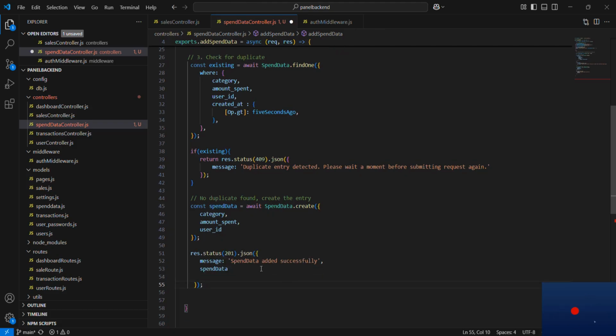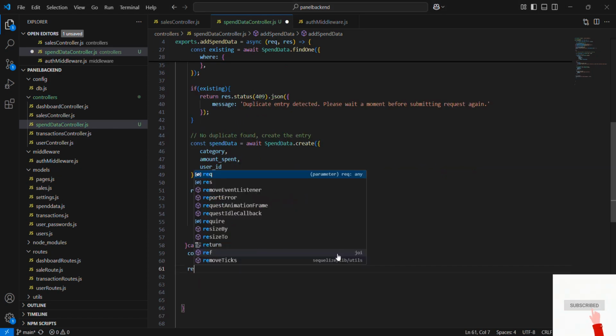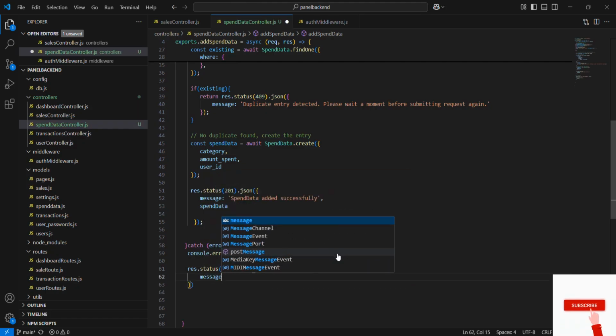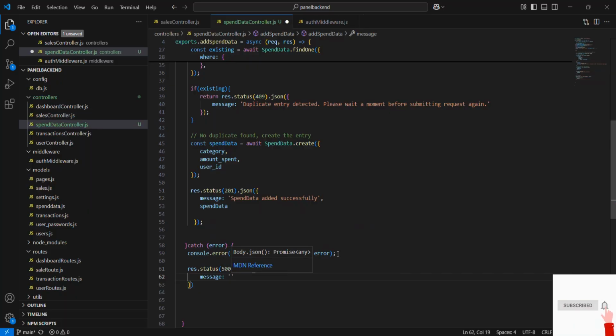And that's how we save spend records securely and cleanly. Of course, everything is wrapped inside a try-catch block. If anything goes wrong, maybe a database error or server issue, we catch that error and send back a 500 internal server error response. And we also log the error to the console for debugging.